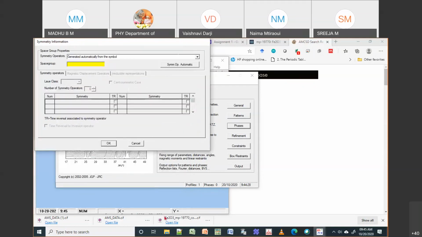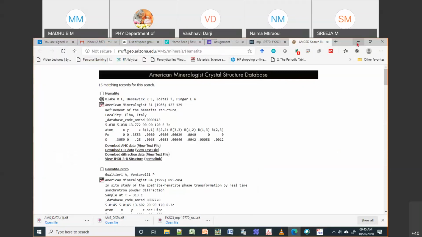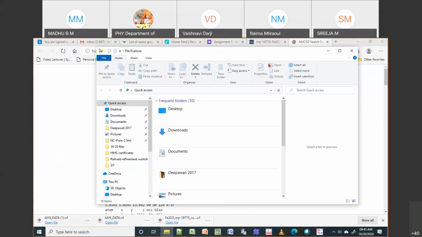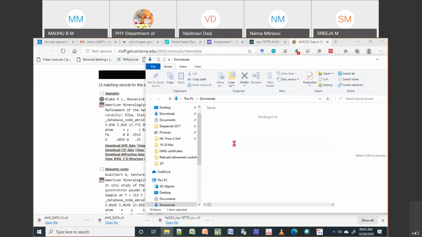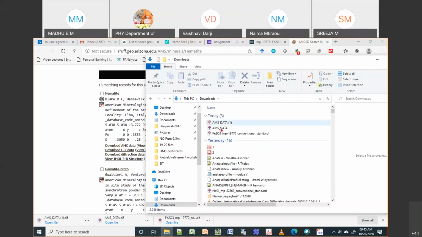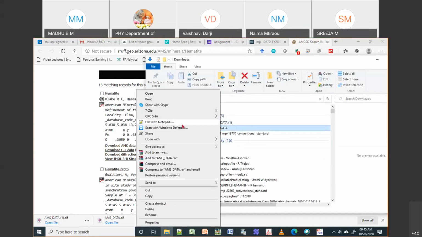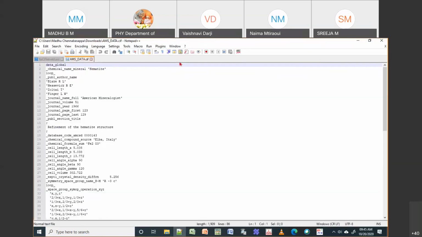For symmetry, you can either do Qualx or you can use directly your CIF file. Okay, so you can open your Qualx and then try to do the profile matching. Or what I did is I just downloaded these CIF files. I'll open them in Notepad. So this is the first CIF file from one of the sources.